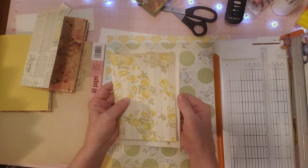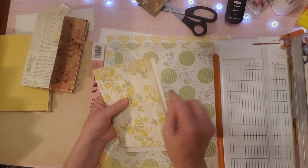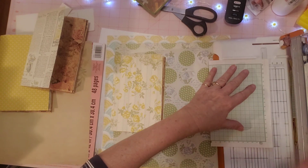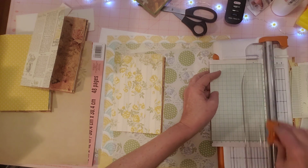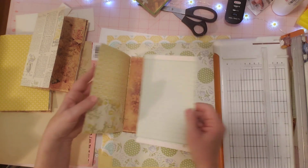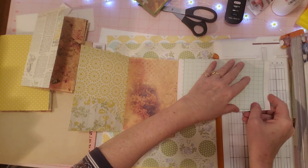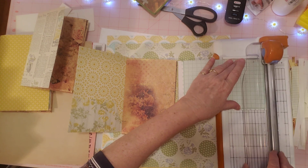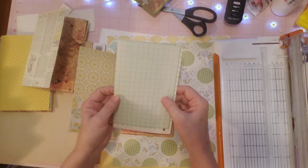Okay, so this one, you know what would look cute is to cut right beside the numbers here, and then I'll still have my numbers and this little white part will be gone. So I think it's okay to cut that off. Right below my numbers, I said. So let me get that straight. Okay, so I get to keep those numbers. That's awesome. Now there's numbers here I would like to possibly keep, so let's see if we can manage that. So I'm going to cut off this white part here and see if we need to cut off some more at the other end, because that's where my numbers are. I can cut some off there, but we'll see how much we can keep. See, I get to keep all my green, all my numbers, and